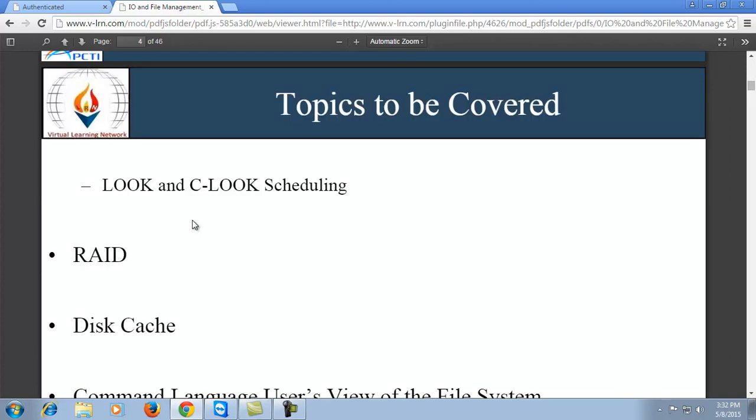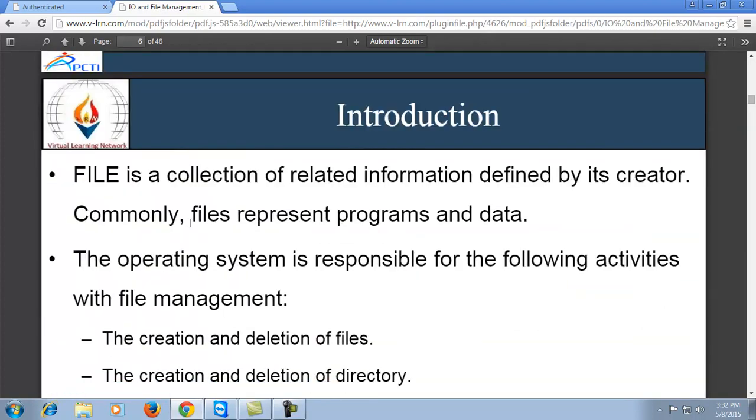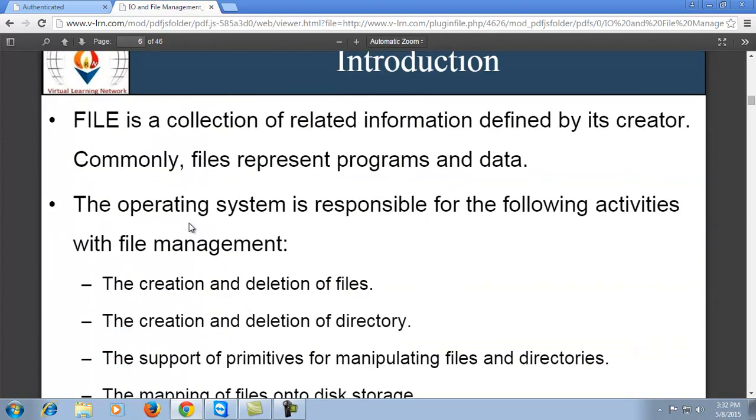We are starting with the introduction of file. A file is a collection of related information defined by its creator.